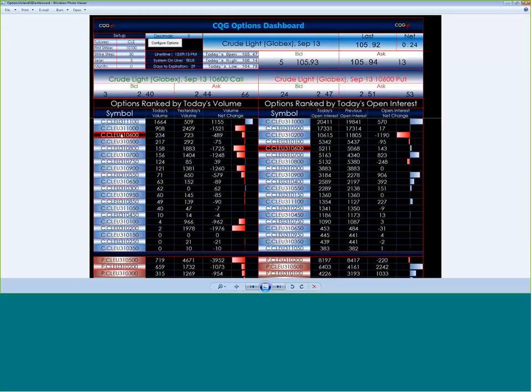What I've also done here is I've had the at the money highlighted in red. So the 106, as you see up here, the 106 calls and puts are the at the money, as the last price on SEP crude is 105.92. So I'm also color coding which one is the at the money. And it's the same information down here on the put side. So to show dynamic ranking, I'm going to close this now, and I'm going to open up another spreadsheet and walk you through the tricks to